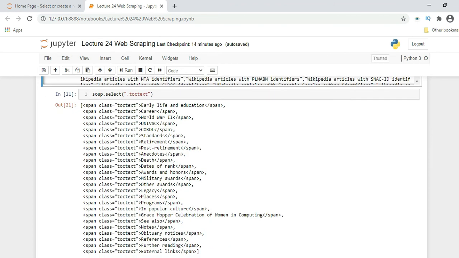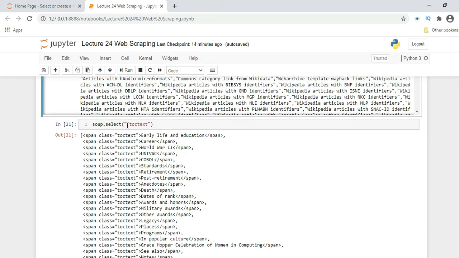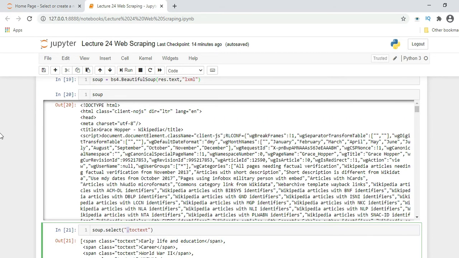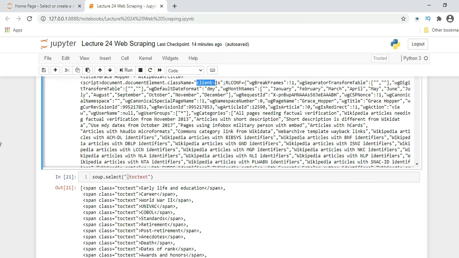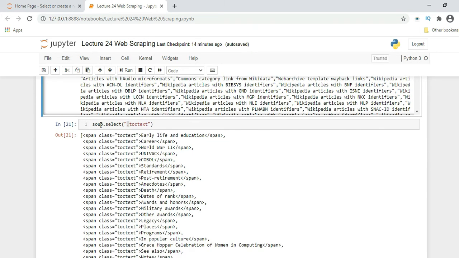Now again, a class always starts with a dot in HTML. If you see, this is a class name like client dash js. We will see here when it gets extracted. From this variable, soup dot select, we are selecting the class. Class always starts with a dot in HTML, and here the class name is toctext.